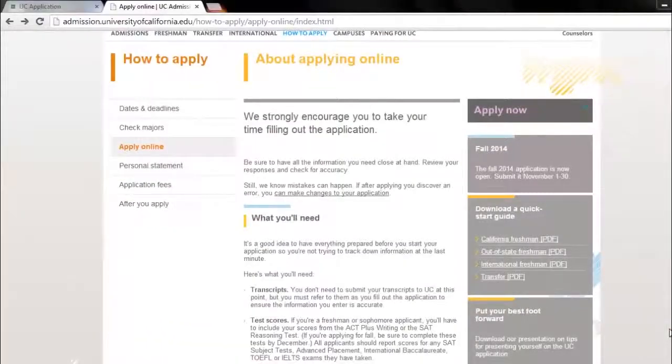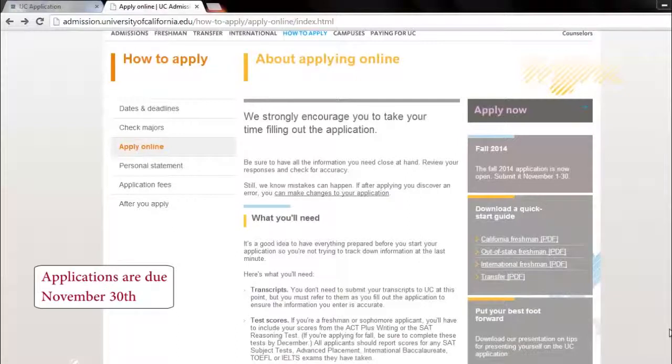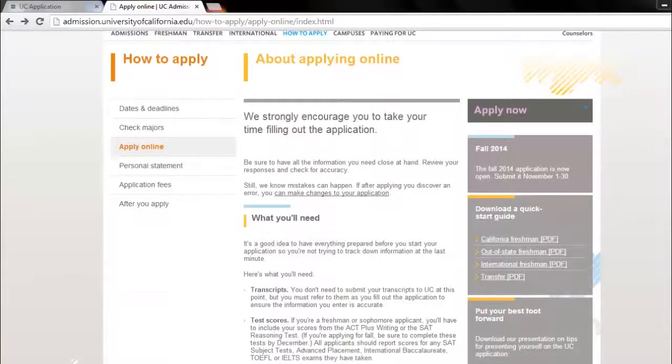So the application window for UC's opened October 1st and the application deadline is November 30th, which is coming up. Now let's head over to